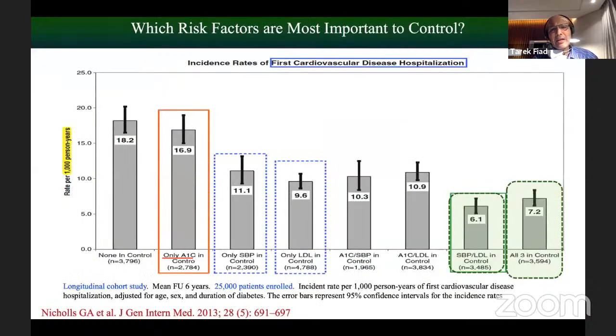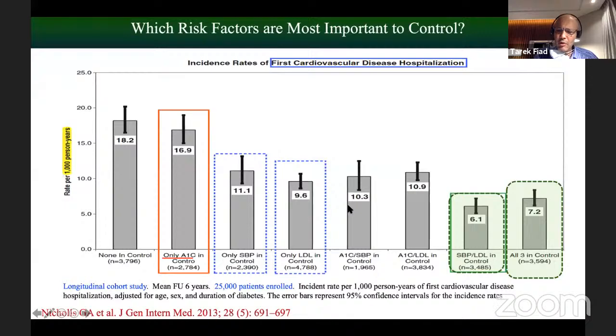And this is similar data from a different study. Again, they're looking at the first cardiovascular disease hospitalization and the control of these risk factors. So if you look at the second column from the left, it's controlling HbA1c, and then next to it, to the right of that column, controlling blood pressure and lipids. So it was obvious that getting the lipids and the blood pressure under control pays dividends. And then obviously the holy grail is to control all the risk factors,